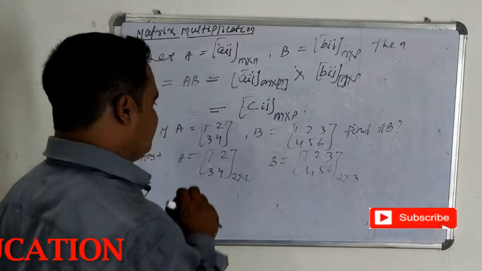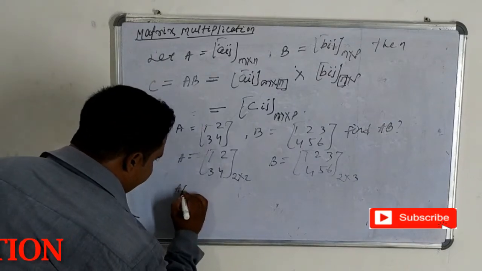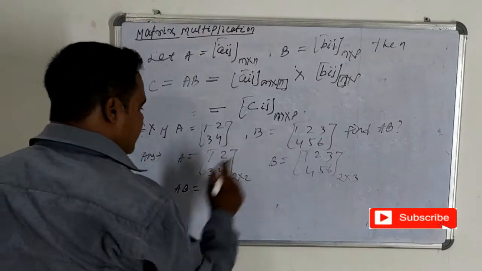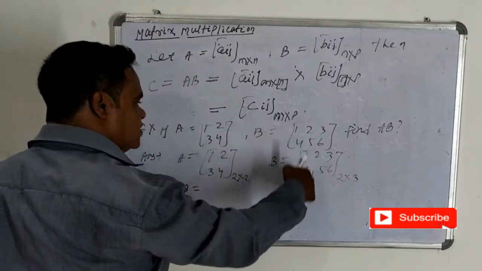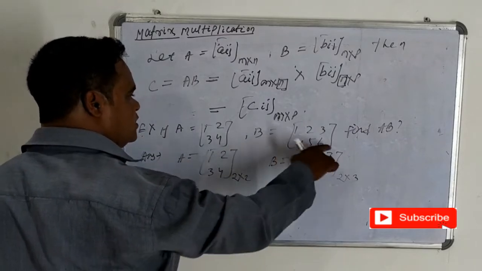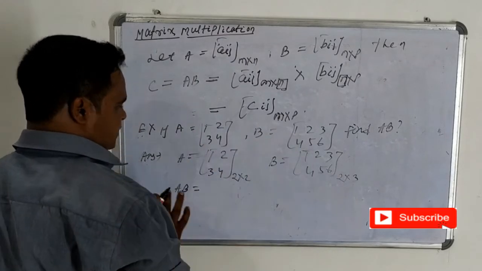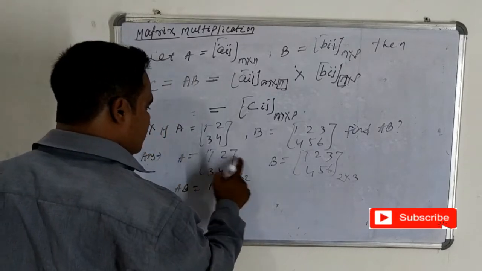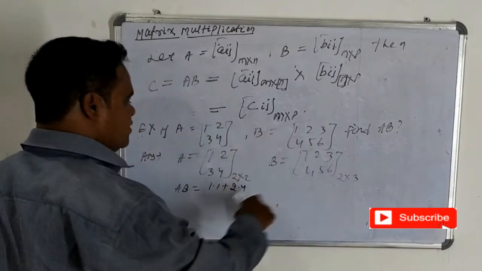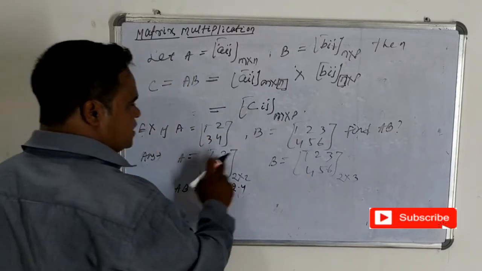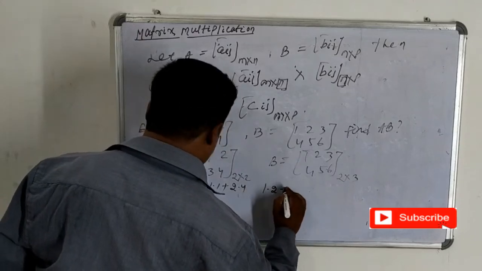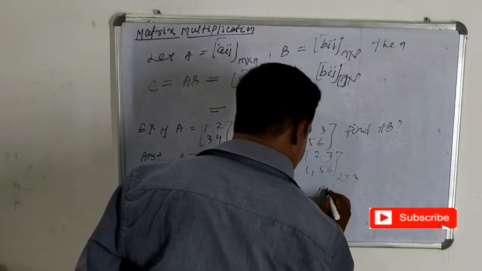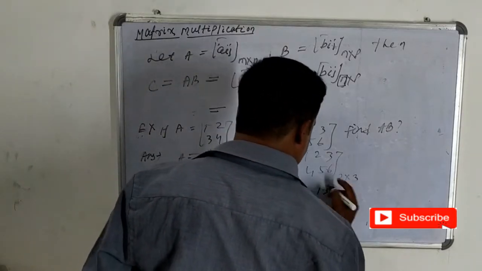It is a certain way. Okay. So now I am finding A multiplied by B. Okay. 1 multiplied by 1. First of all, first row, first column, first row, second column, first row, third column. In this way I am going. 1 multiplied by 1 plus 2 multiplied by 4. First row, first column is completed. Secondly, first row, second column, 1 into 2 plus 2 into 5. Okay. 1 into 3 plus 2 into 6.